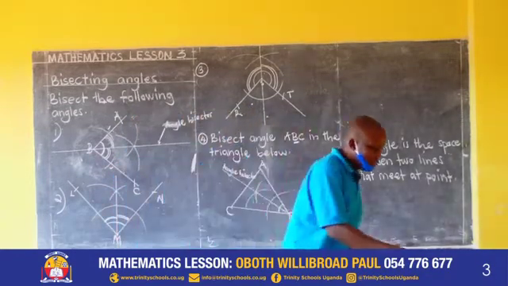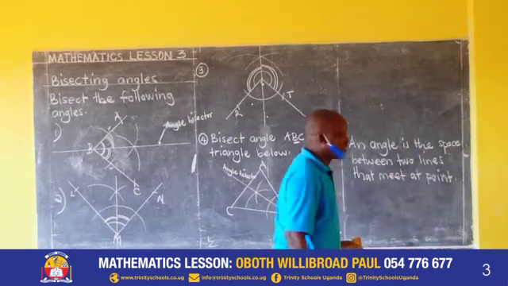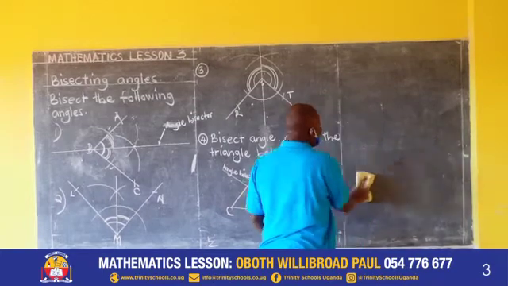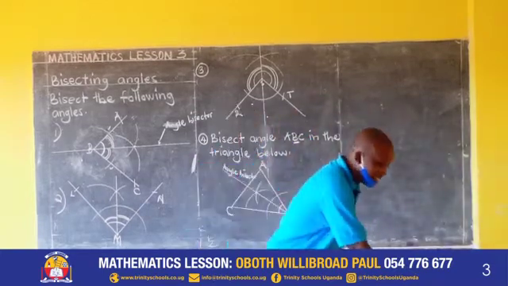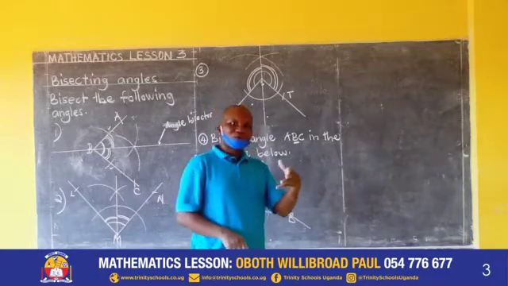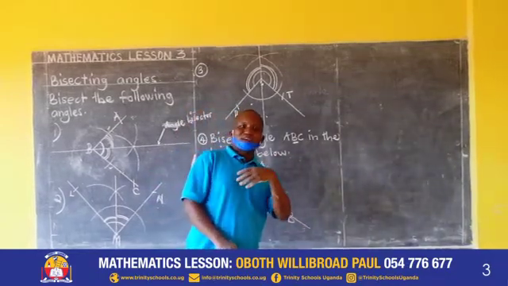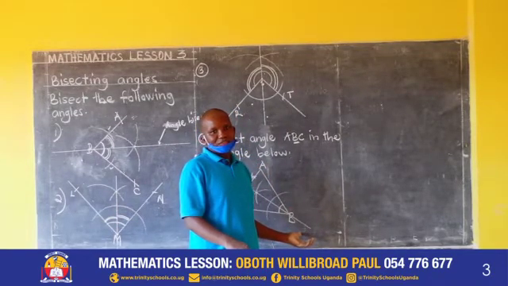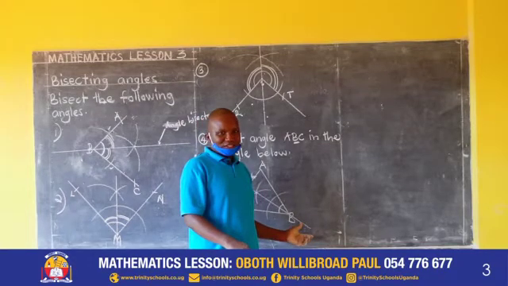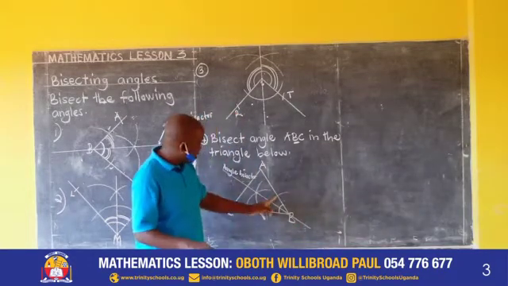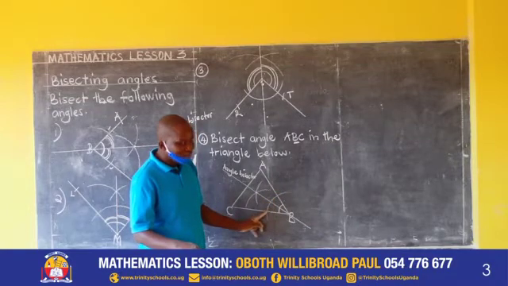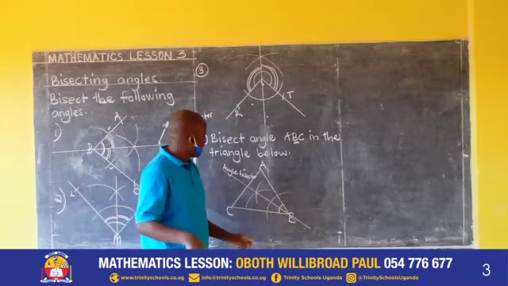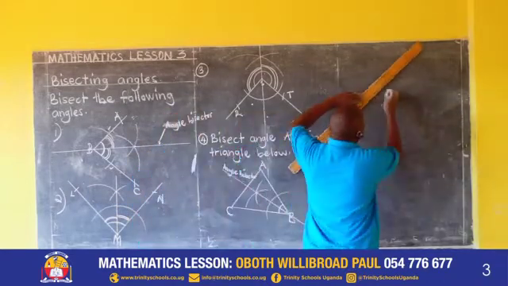Now, you may be asked to construct a figure and bisect an angle. That one we are going to look at it. You will construct a triangle or any polygon and ask you to bisect one of the angles. That is what you do. The key things are mark your points. Know where to center the compass and where to mark the what? The points. Even if I had a parallelogram or a rhombus